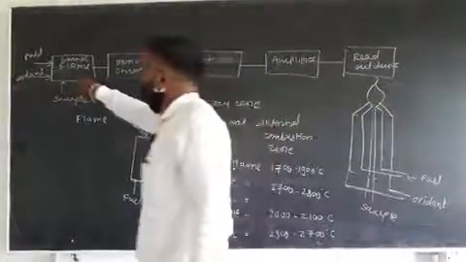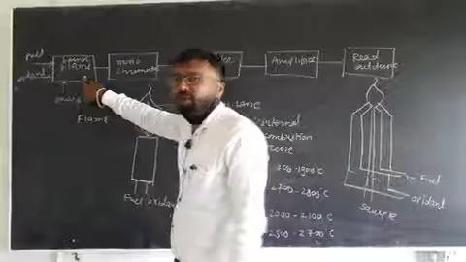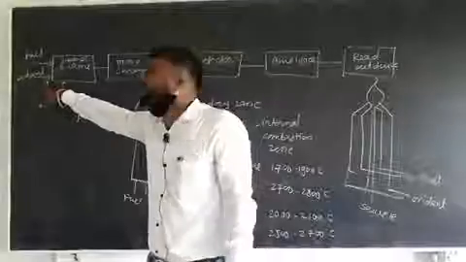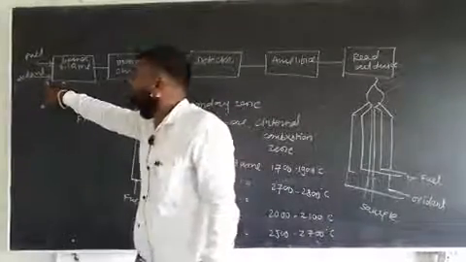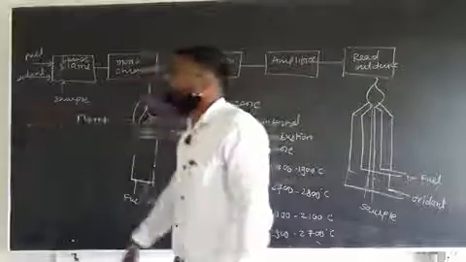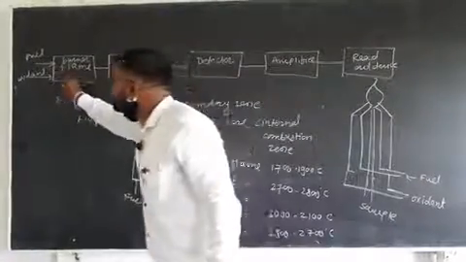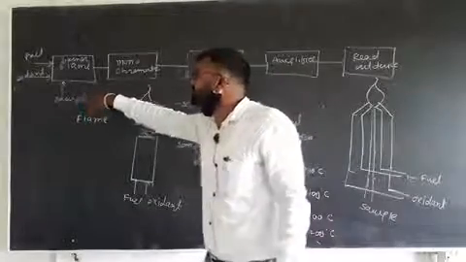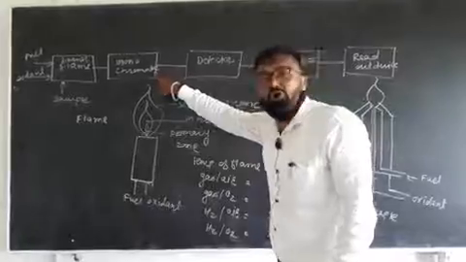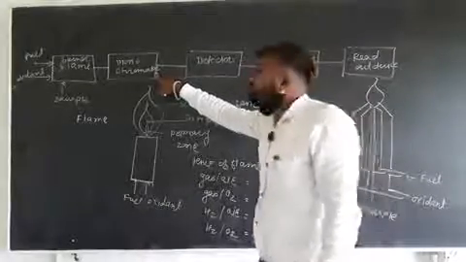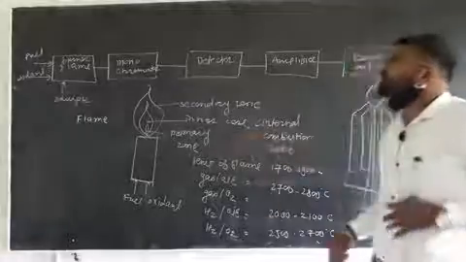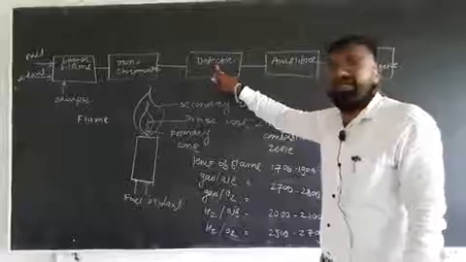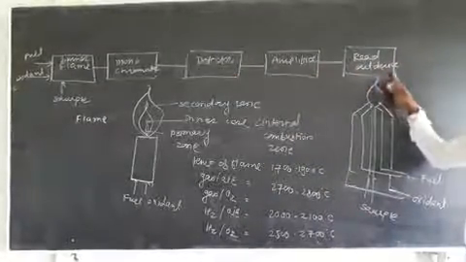In flame photometry, the first component is a burner or a flame. The burner is used to produce the flame. For that purpose, different kinds of fuel and oxidant are used, changing the composition for the temperature zone. Then the sample is aspirated into this flame by using a suitable nebulization process. The second component is the monochromator. A filter or prism is used as a monochromator. The third component is a detector. The detector is used for detection purposes, and the light energy is converted into electrical signals. Then there is an amplifier, and finally a readout device.